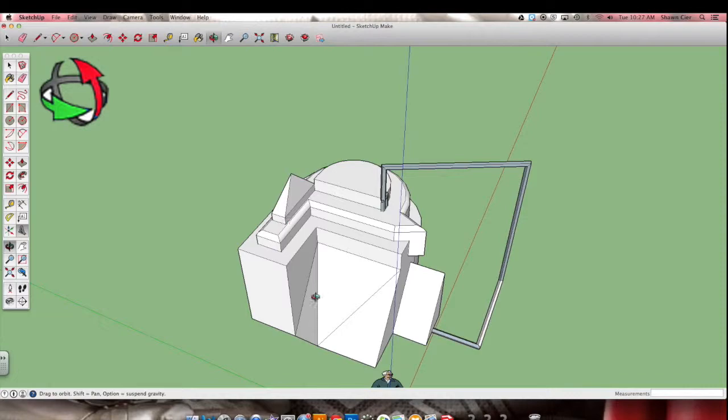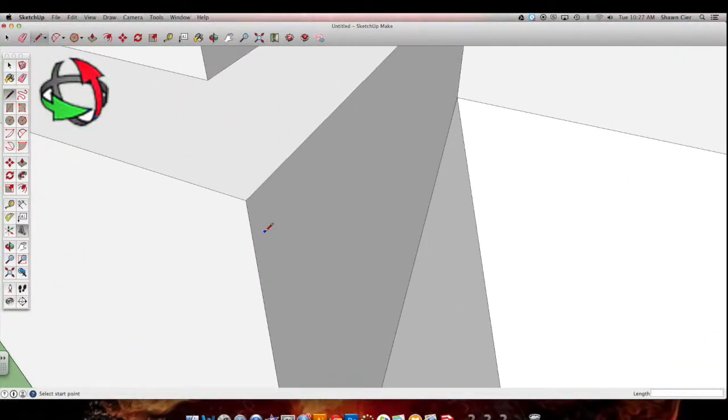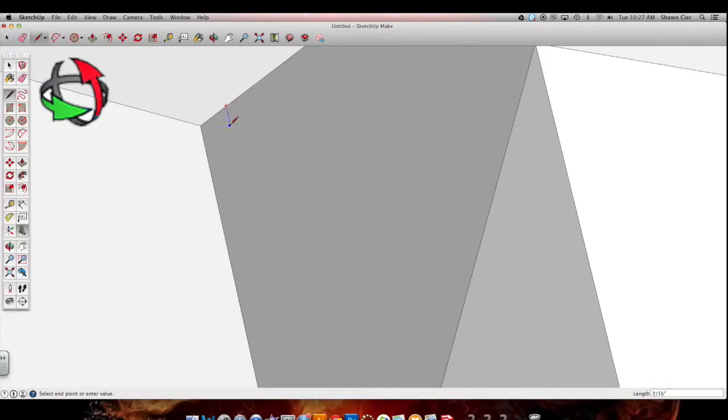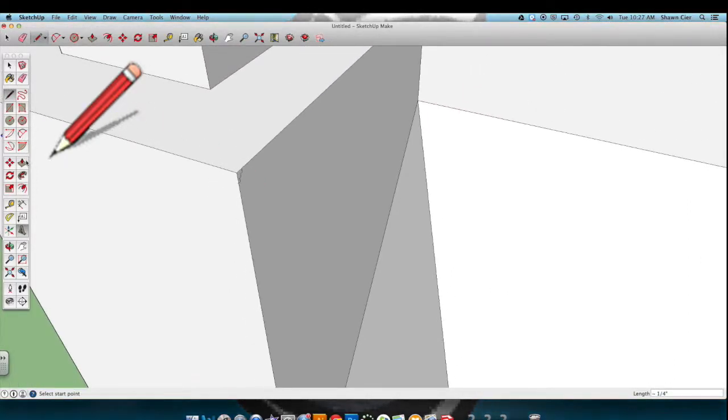So that's another really cool feature you could use to round out some of your edges if you want while making your sculptures. I'm going to do one more here, and in this case, I'm going to do it with very small steps. So I'm zooming in so I can draw very, very small, and I'm going to draw something that looks like steps on this edge. Now if I use my Follow Me tool,